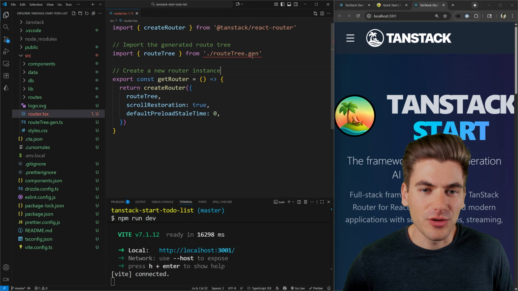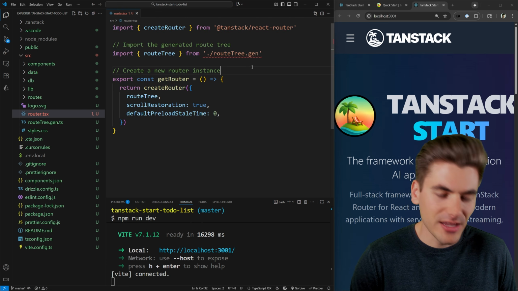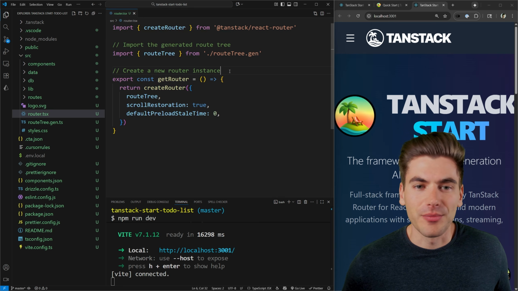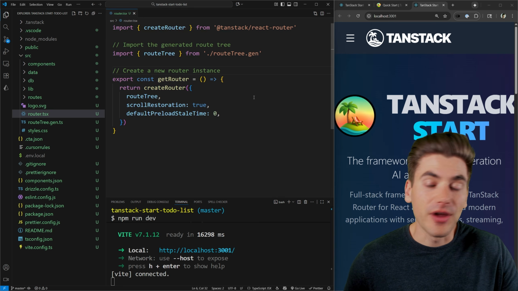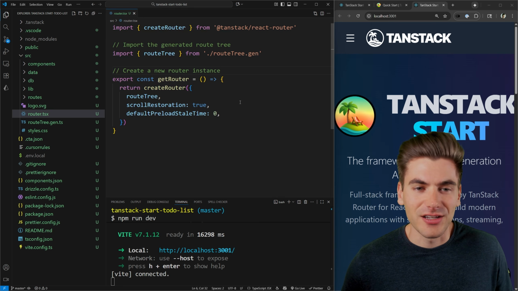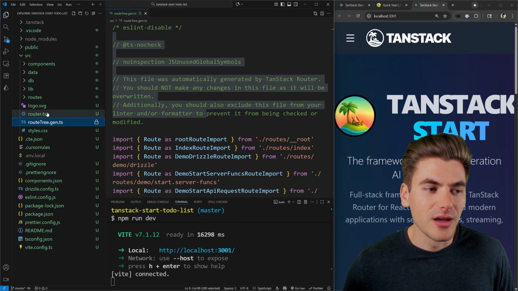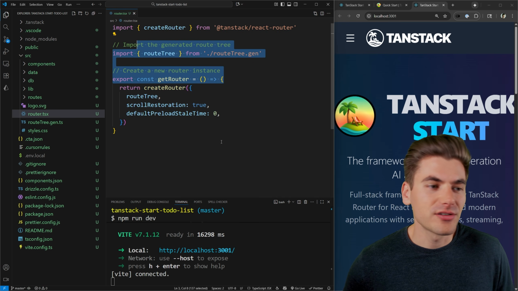And you can see inside of here, we still have that TypeScript error. If we just hit Control-Shift-P and we restart our TypeScript server, this is going to fix that problem for you. And this may be something that you see the very first time that you create your Tanstack Start application if you open this file before you actually generate your route tree. But once we have that done, you can see we no longer have any errors,